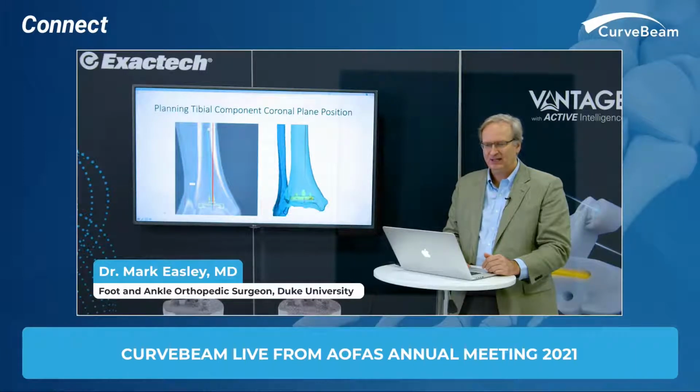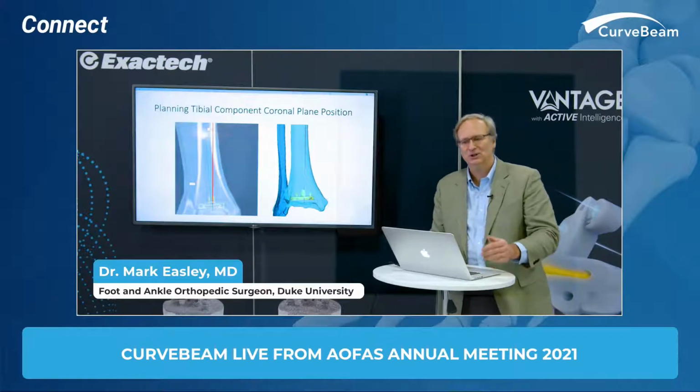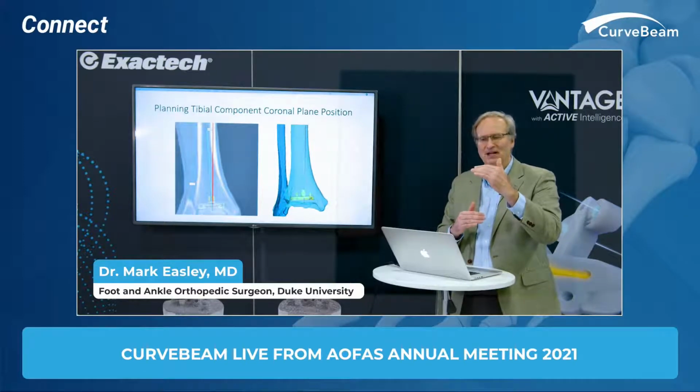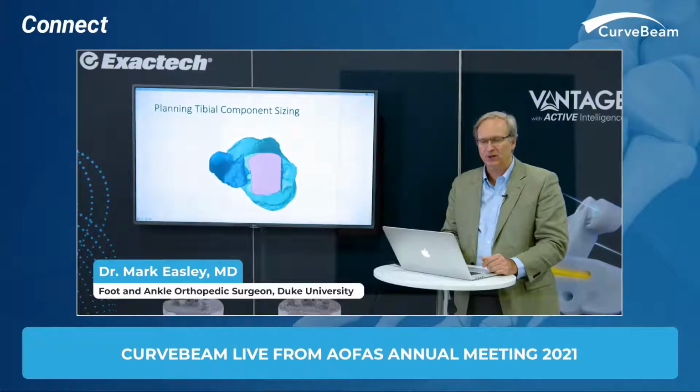But see, with the planning, I can decide where I want that tibial component to be. So I can make subtle adjustments in the planning phase and put in more varus, more valgus. And the two lines you see, one is using just the distal tibial axis. This is what I'm really keen on, which I cannot do in surgery very well without the preoperative planning. I think I do it pretty well, but I can definitely do it well when it comes to